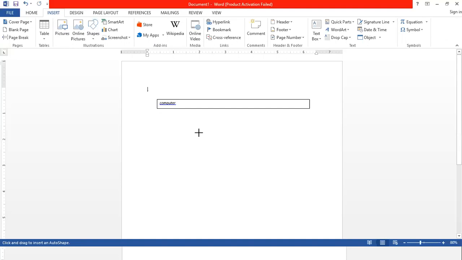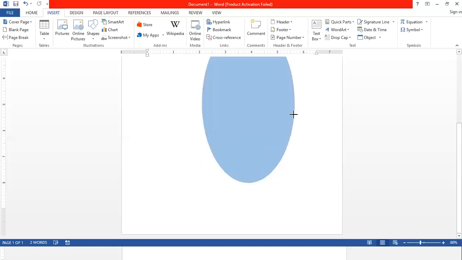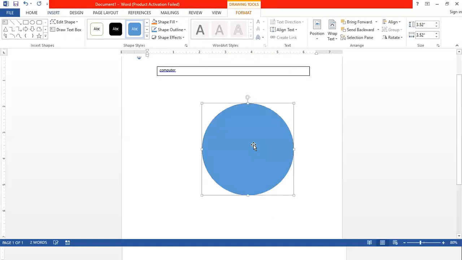After selecting the shape, it is the same method which you have used for drawing the text box. Just your mouse pointer has changed into a plus symbol after selecting the shape. Now just press the left key of your mouse button and drag the mouse pointer without leaving the left key, and drag it as big as you want the shape to be. Once your shape is drawn, leave the mouse button and the shape will be inserted in your document.